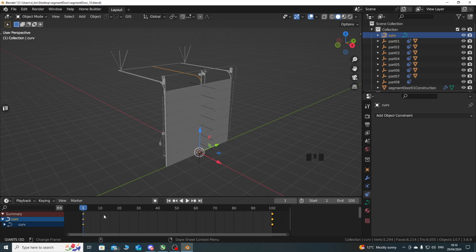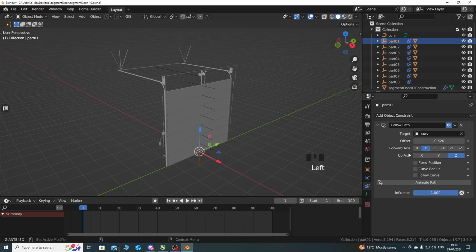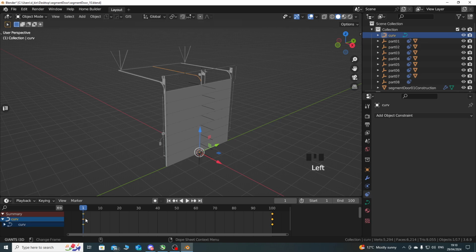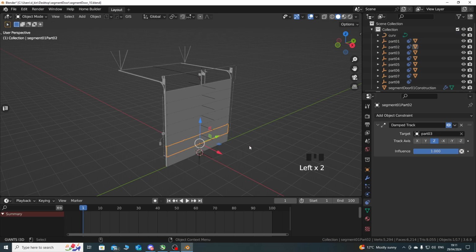It's doing that mathematical calculation for me to work out where everything needs to be, in relation to the constraints that I have applied to it. It's using the constraints and everything else to keep everything where it needs to be. So it doesn't need any more than those 2 keyframes to make it work, because it has those constraints to keep everything intact. But the Giants engine, or the Giants editor, doesn't have that. So it needs to be told specifically where these objects are going to be at any given time